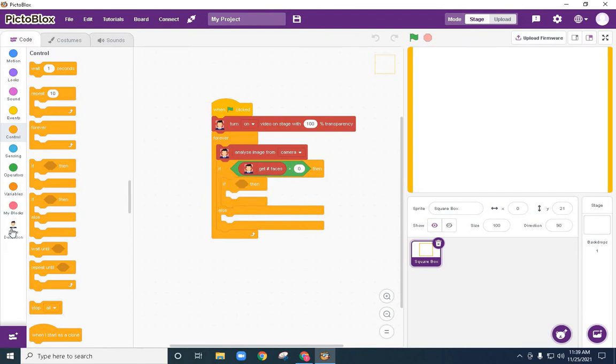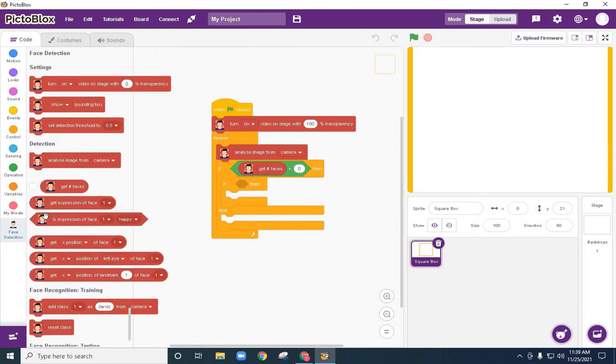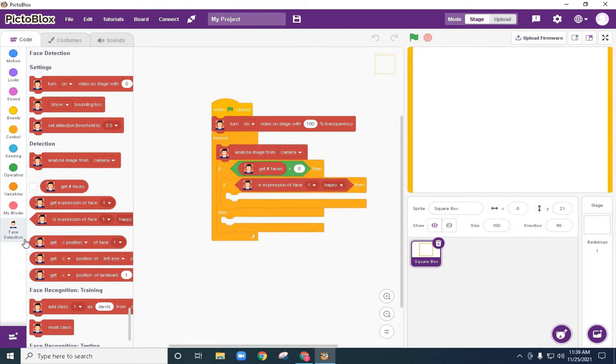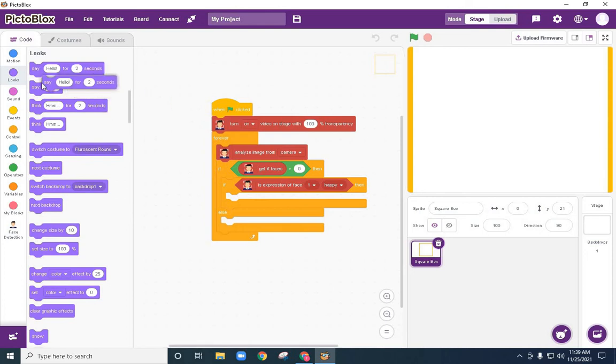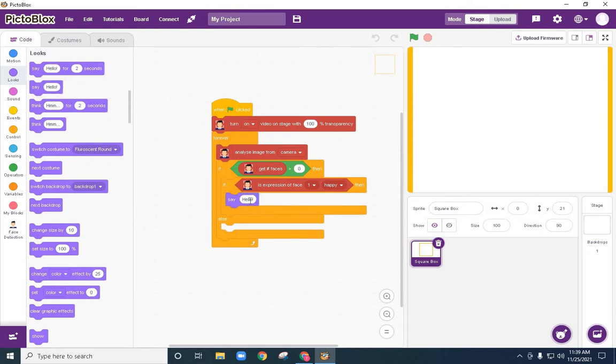Okay, to find it out, we will again use one more if in control. Now we have to see what expression is there. I'll take this block. If expression is happy, in that case I'll just display a message, any message you can display. I'm putting it, wow, happy to see you happy.